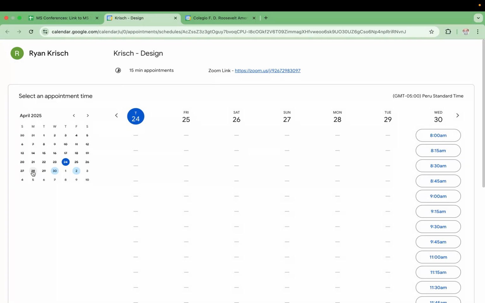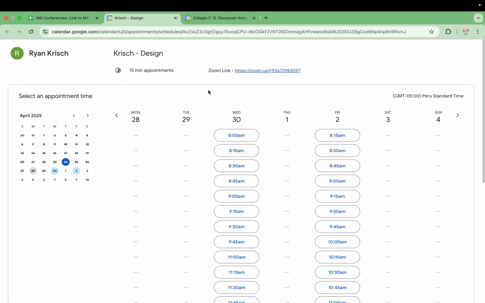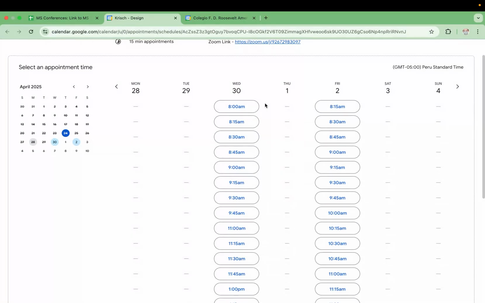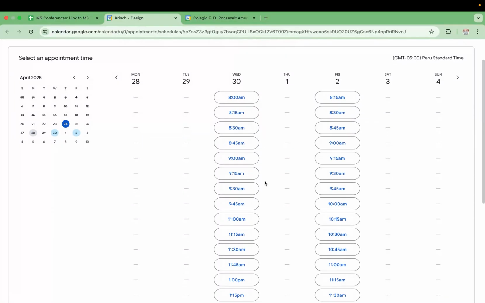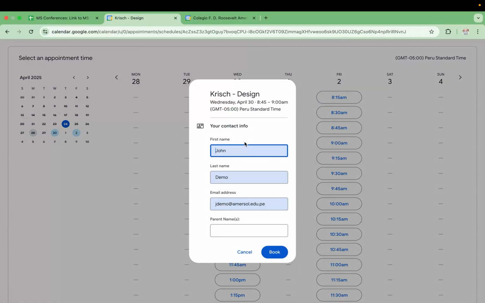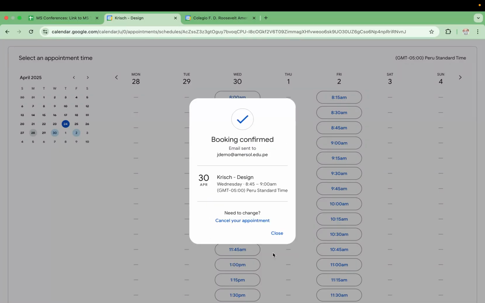So we want to make sure we navigate to the week of conferences, and I can see now all of the different time slots that that teacher has available. So I can pick the time slot that works best for me, and I'm going to fill in these different fields, keeping the first name and last name, the name of the student, keeping the email address of the student, and then I can add in the parent name. Once I have these fields filled in, I will select book,